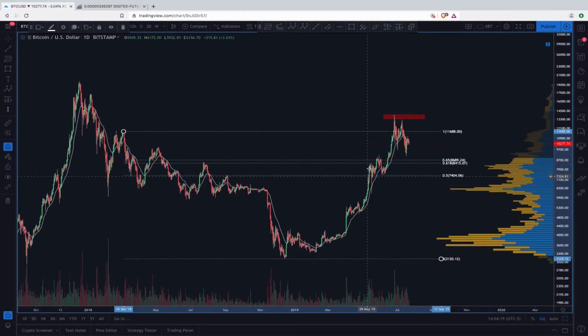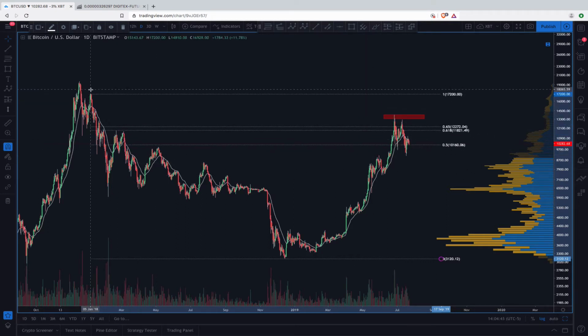At this point, a lot of people were drawing head and shoulders right here, which I was too. I was looking at that as a possible breakdown. But the fact that we rejected hard and then came back to get back through this tells me that, for one thing, those bots that were selling here are stopped out. They're no longer selling. So what's the next pivot that they're going to look at? You just keep pulling this back,